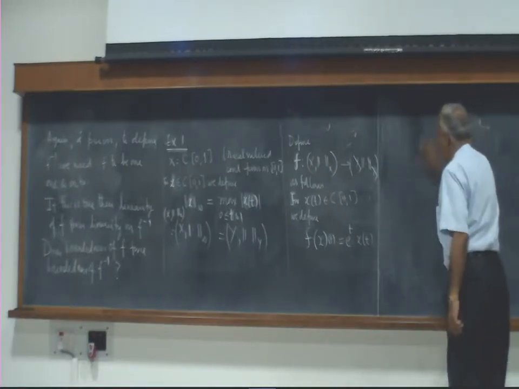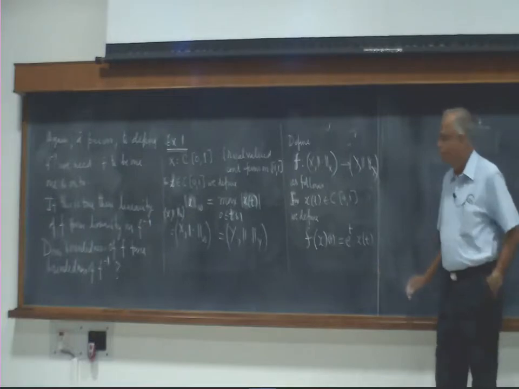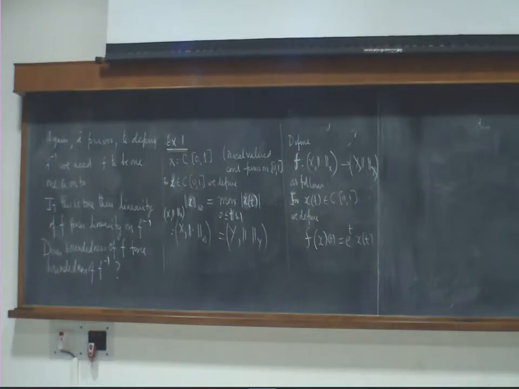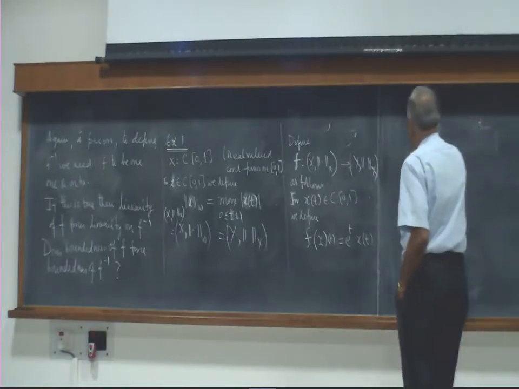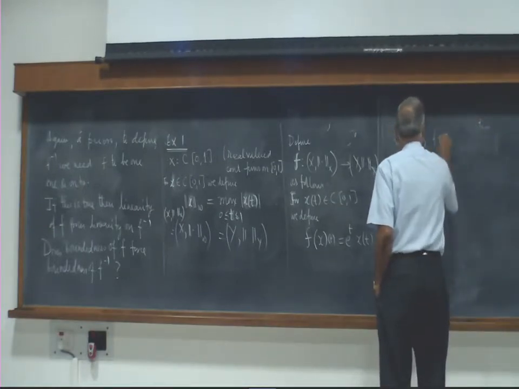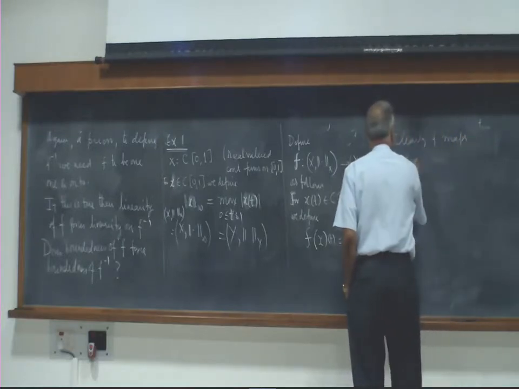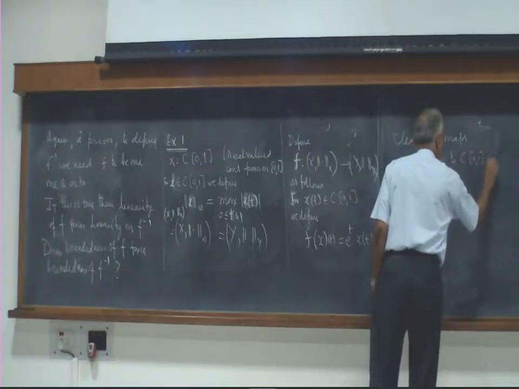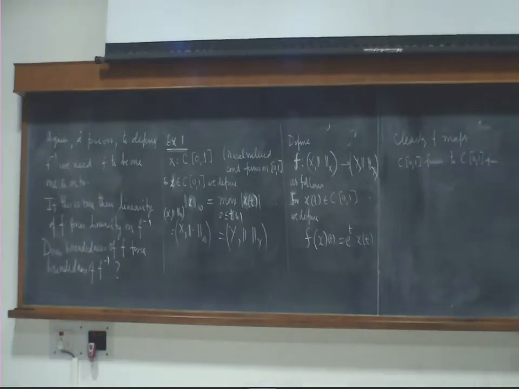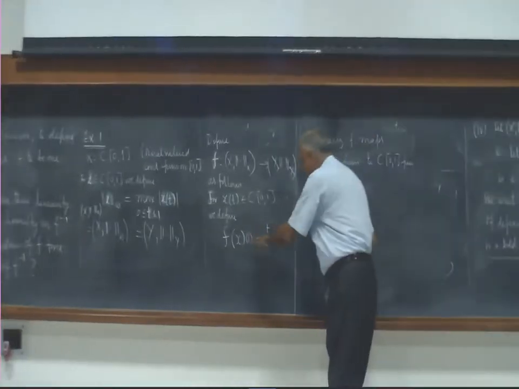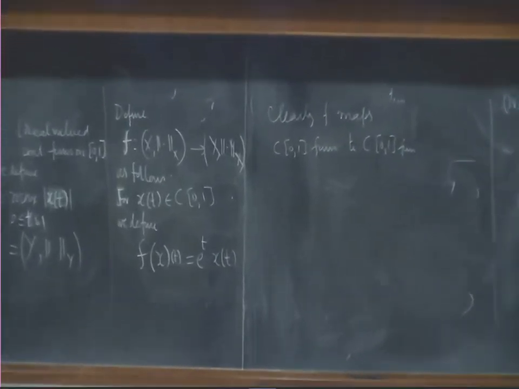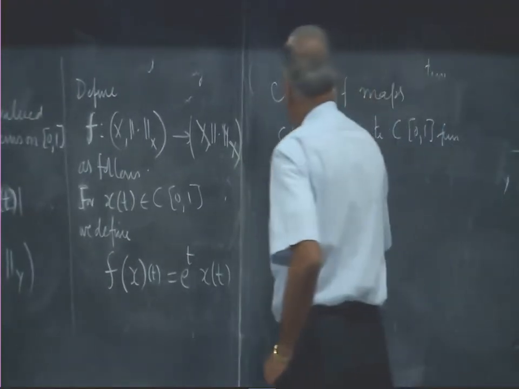So now I want to make sure clearly it is linear. First of all, clearly it maps continuous functions to continuous functions. If x(t) is continuous, e to the t is obviously continuous. So e to the t times x of t is also continuous. So clearly f maps C[0,1] functions to C[0,1] functions. So that's no problem. It's a function from there to there. Clearly it's linear because f of x plus y is e to the t into x(t) plus y(t), which is e to the t x(t) plus e to the t y(t), and constants are also multiplied. So clearly f is linear.